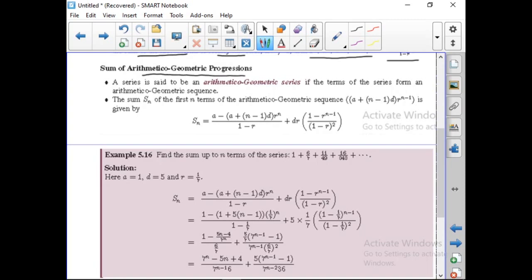A series is said to be an arithmetico-geometric series if the terms of the series form an arithmetico-geometric sequence. The nth term Tn is a plus n minus 1 into d into r power n minus 1, and the sum of the n terms is given as